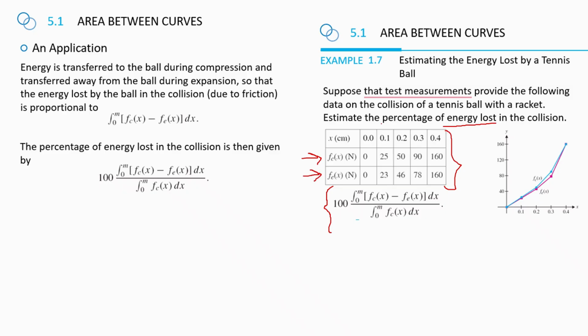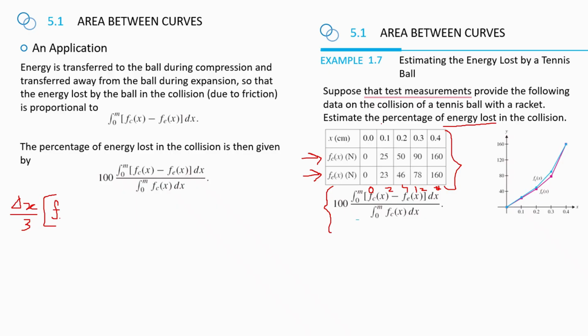So when you subtract these two columns, you get 0, 2, 4, 12 and 0. And also, when you are integrating, we will be using Simpson's rule. What does Simpson's rule say? It is nothing but when you are integrating a table, you will be getting delta x by 3. What is delta x? The change, b minus a over n,